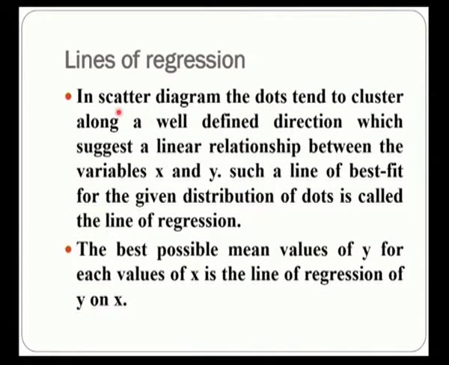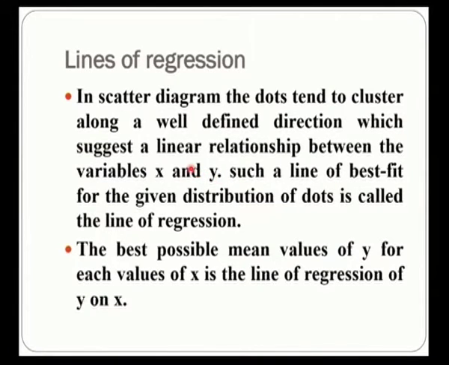Next, lines of regression. You know the scatter diagram. In that scatter diagram, these lines of regression come into picture. In the scatter diagram, the dots, in the sense the plotted data, tend to cluster along a well-defined direction, which suggests a linear relationship between the variables x and y. So, in a scatter diagram, based on the clustering of plotted data, a linear relationship can be drawn between x and y. That linear relationship says the